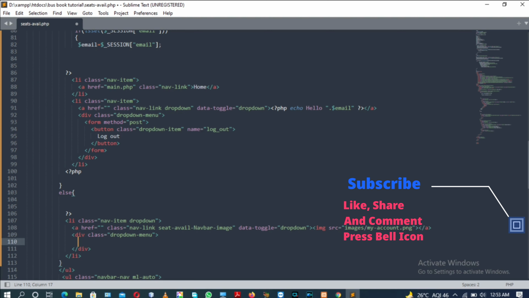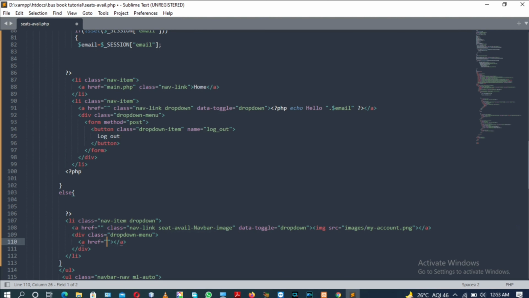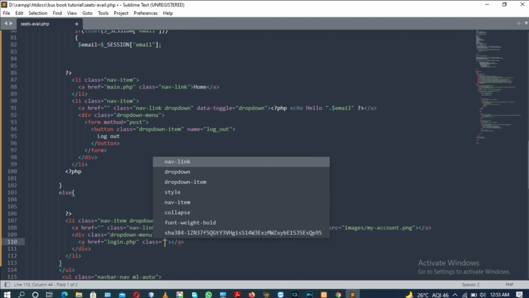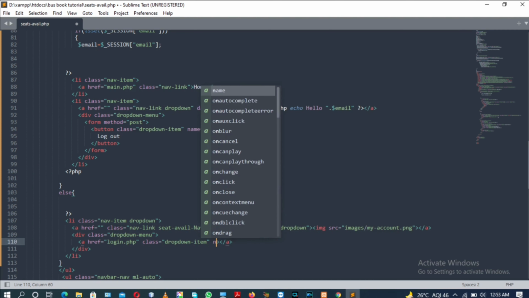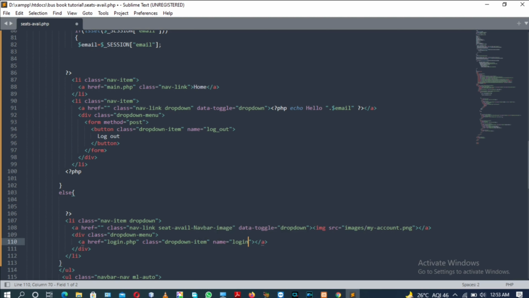Inside this div tag, we will have an anchor tag with the href attribute having the value login.php, and the class attribute with the value dropdown item, and name will be login. And the content will also be login.